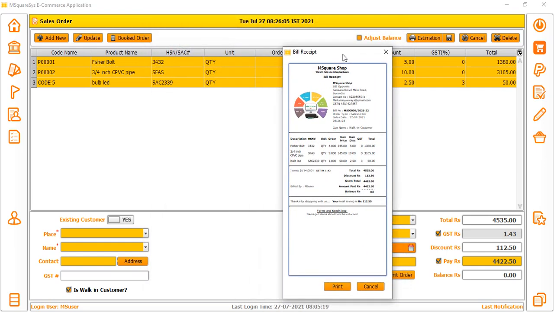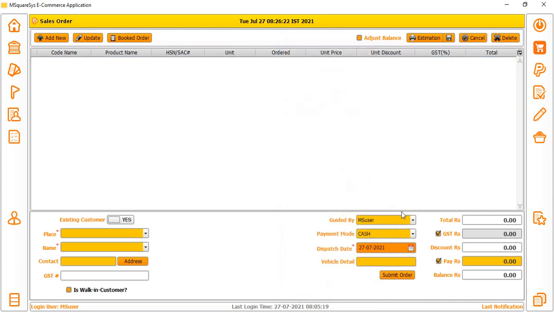And here one more option we are providing. There is a two-printer settings option enabled in our user settings, which I will explain later. Once two options are selected, two print options will come, and you can select any one of them. Once the order is submitted, it will go to the user manual.